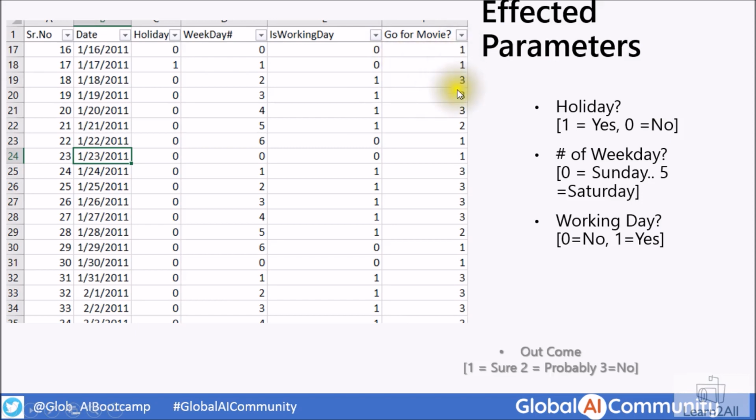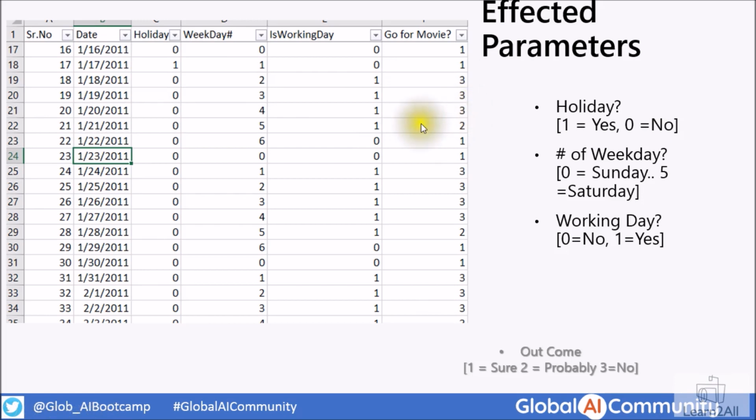Now there is a possibility I have given over here. Let's say, for example, during the weekend, meaning 0 and 6, there is a maximum possibility that people are going to watch a movie, so it is marked as 1 over here, that there is a maximum possibility, that surety. Now let's say here there is a 3, that means it's a weekday, so there is a lesser possibility; maximum number of people will not go for a movie.